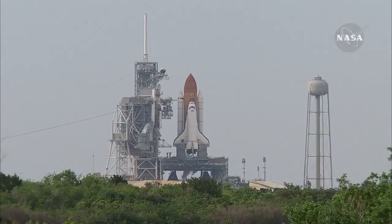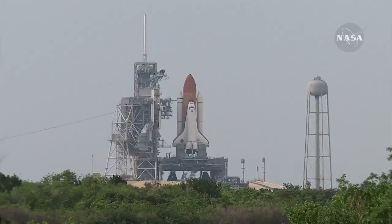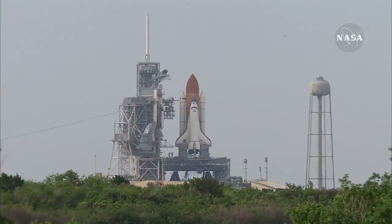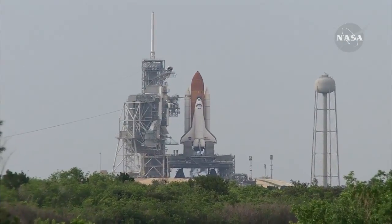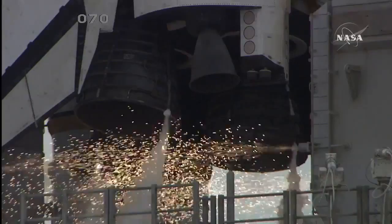Coming up on a go for auto sequence start at T-minus 31 seconds. TLS is go for auto sequence start. T-minus 27 seconds and counting. Endeavour's onboard computers have primary control of all the vehicle's critical functions. T-minus 18 seconds. 15. The sound suppression water system has been activated, protecting Endeavour and the launch pad from acoustical